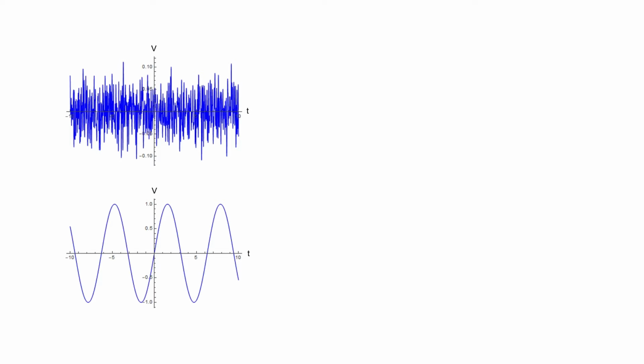I mentioned that noise is something that we don't want to have in a circuit. Let's now think about what would happen if we had a very clean signal somewhere in our circuit. Here I'm showing a sine wave. This is what we hope to measure, say, at the output side of an amplifier if this started out to be a very small signal. Sometimes, though, when we build electrical circuits and actually do measurements, we see something more like this. What I'm plotting right now is just the addition of the noise that we see on the top to the nice signal that we saw just a moment ago.